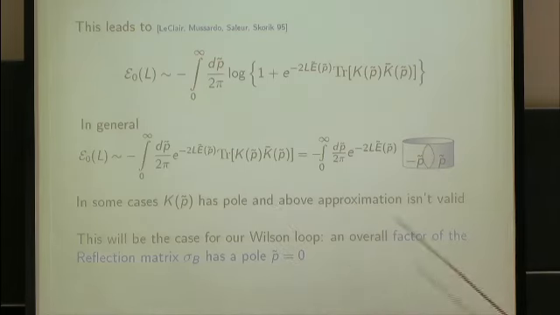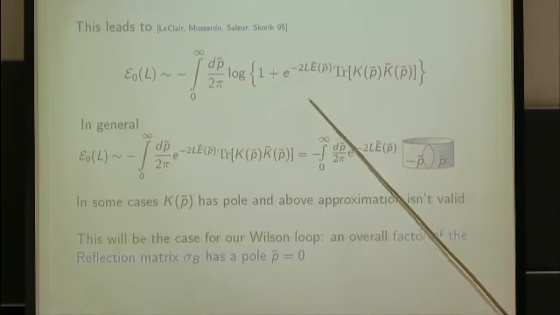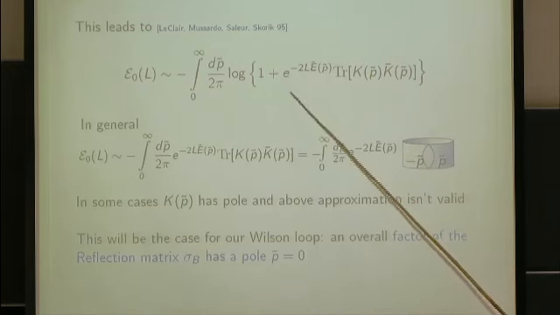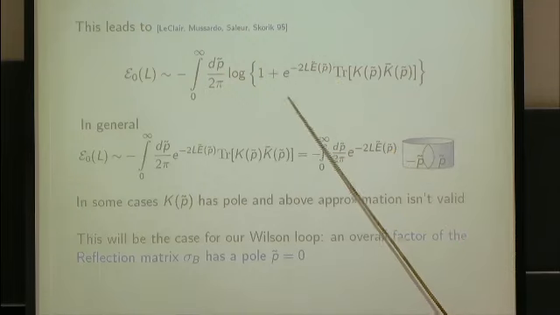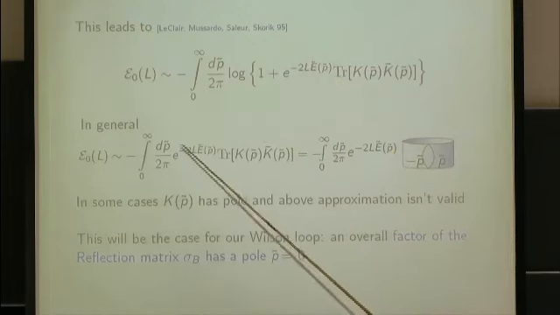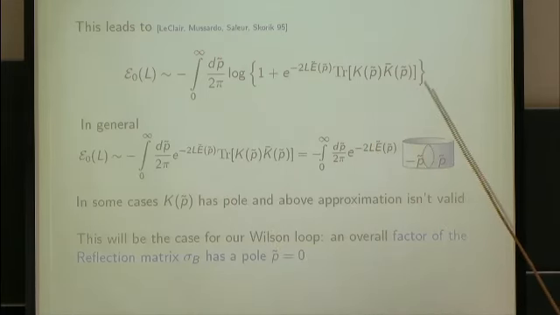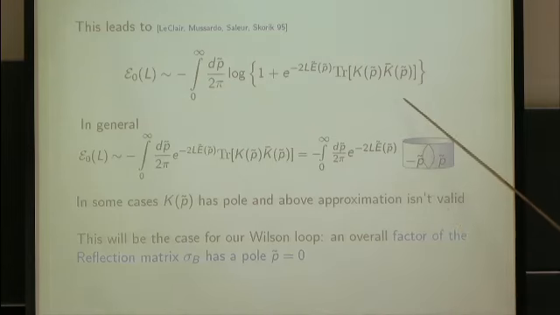Typically, this quantity is a very small number. It is exponentially small. So you would say, why would you keep a full logarithm? You can just approximate this by the integral of this exponential times this product of two matrices, and that's in general correct. The trace is depicted by this thing, and you just have to do the integral over all values of p, and that's it. And there is a physical interpretation for it.